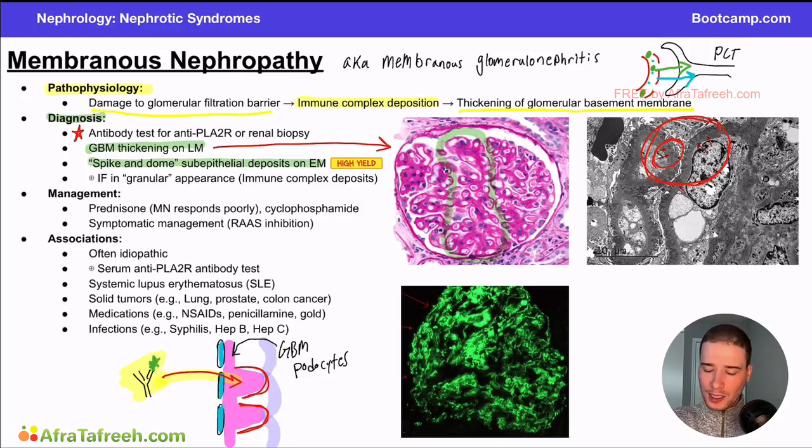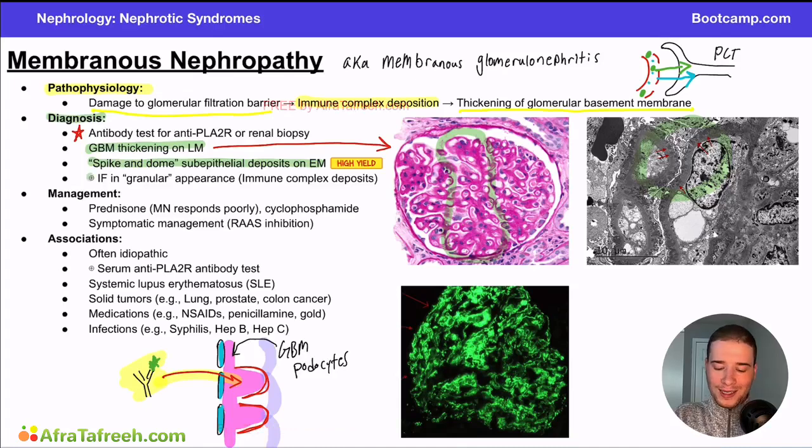And that's what you're seeing over here when you see these dark gray spots on the electron microscopy. Those dark gray spots are where the complex has deposited and ultimately cause an expansion of the membrane, creating what is classically called the spike and dome appearance. And the final important diagnostic tool that we need to know for right now